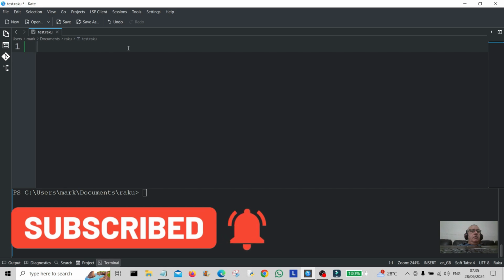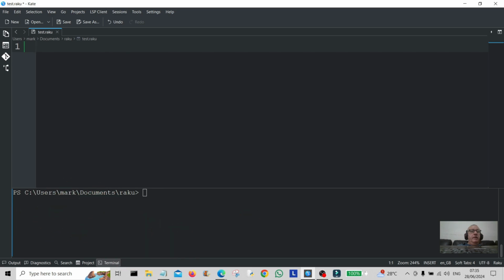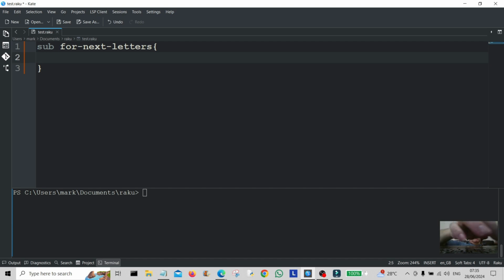So today we're going to loop through a range of letters and loop through a range of numbers. First of all I'm going to create a subroutine called for next and letters. Okay, so I'm going to create the for loop starting with for, and we're going to start from A and go all the way through to Z. So that's A to Z,